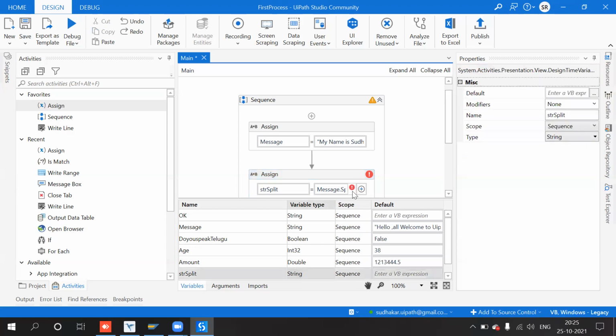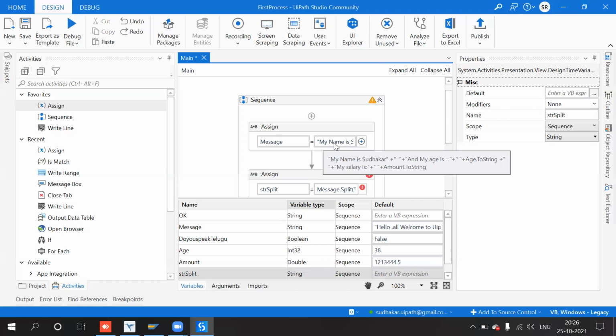But whenever you are using a function called split, it will be stored in the form of array only. But what is the output you are getting? This is a string, but you need to convert, right? So whenever you use split, "my name is", all these are stored in one different variable.